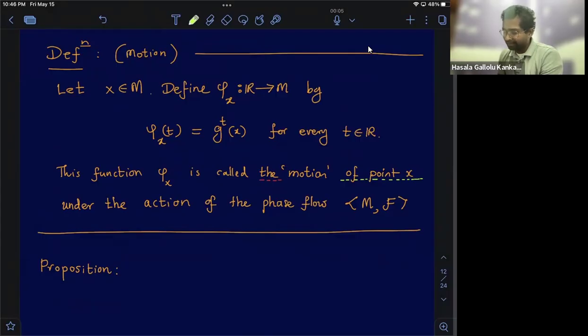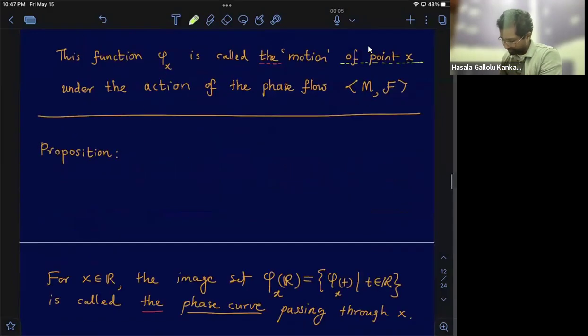Define a function, in this case we call it phi, from R to M, defined by phi x of t is none other than the evaluation of x under the mapping of gt. But look at this. When you vary time t, you're going to vary not only t here, you're going to vary this entire mapping, the t-advanced mapping. So if you just think about this,